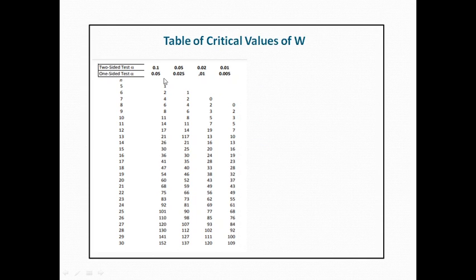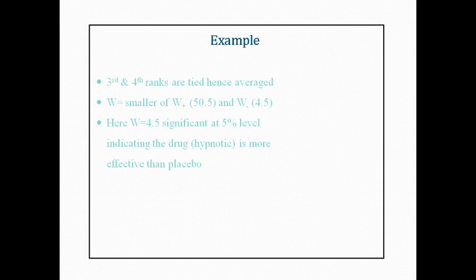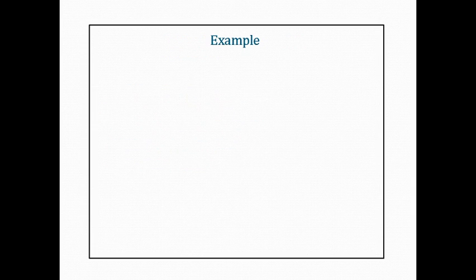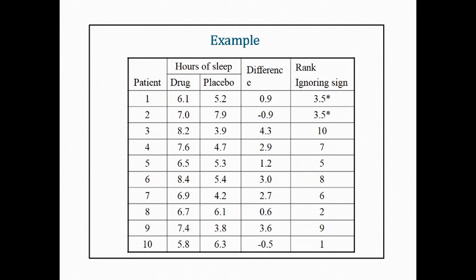Already, I defined the null hypothesis as mu is equal to mu naught, and the alternative as mu not equal to mu naught. So that's why it is a two-sided test. So alpha is equal to 0.05, and n is equal to the number of observations. Here 10 patients are given.